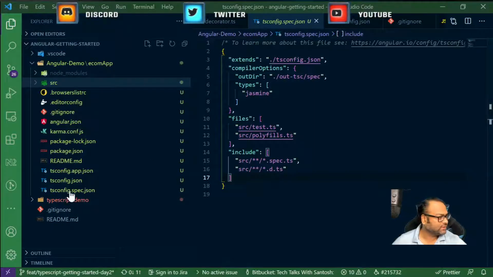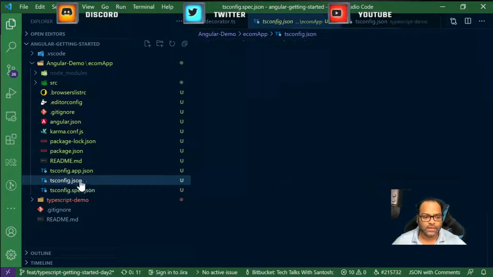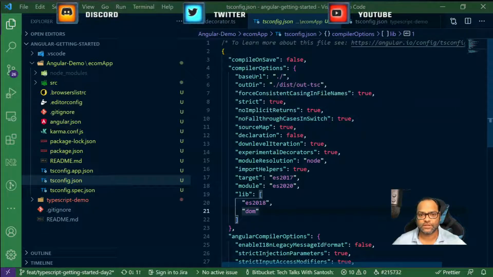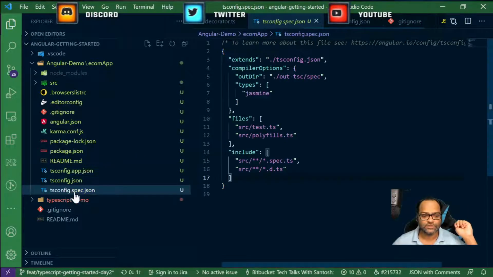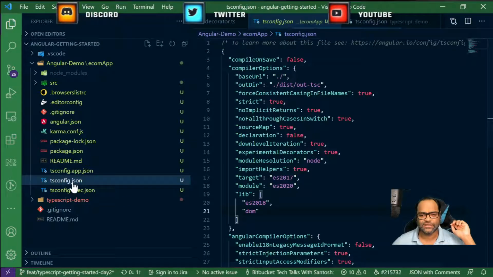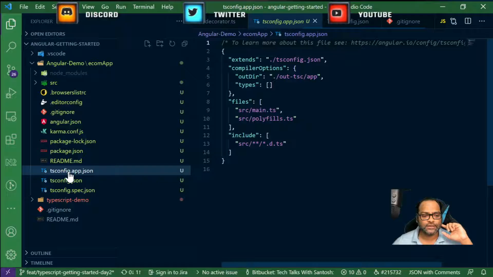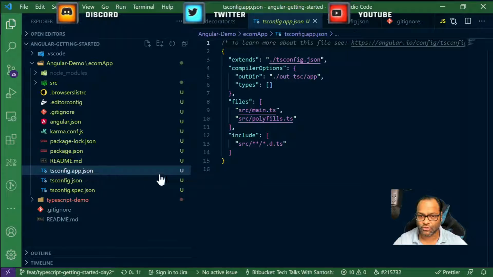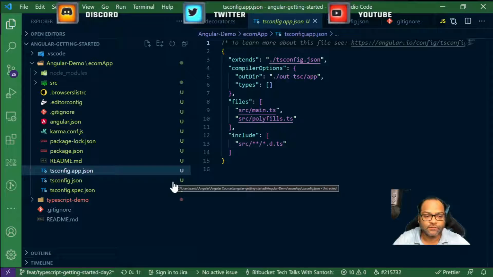So of course that's one thing which is not available anymore. But tsconfig.json, right? This file is also something which we saw while talking about TypeScript. With Angular you will find two more files: tsconfig.app.json and tsconfig.spec.json, and you will find there are a few overlaps. I'm sure you understand what a tsconfig file is, right? It's a TypeScript configuration file. So tsconfig.app.json will be used for your application code, the code which you will be writing.